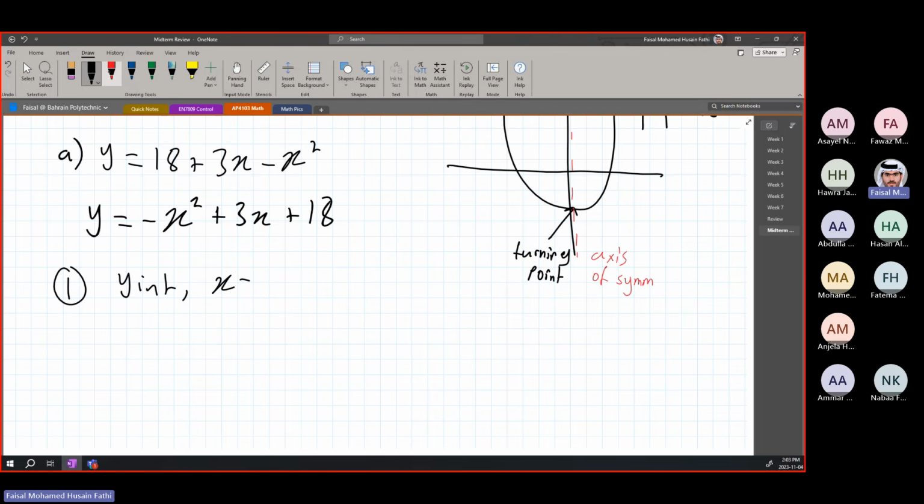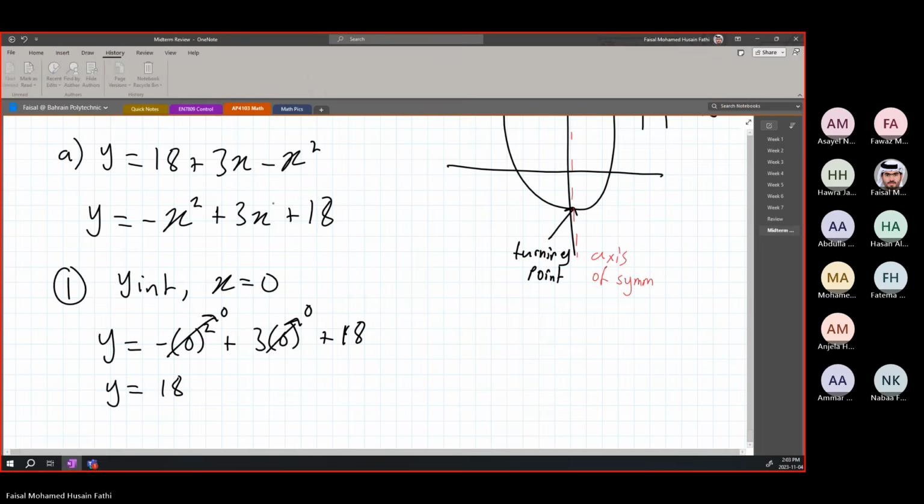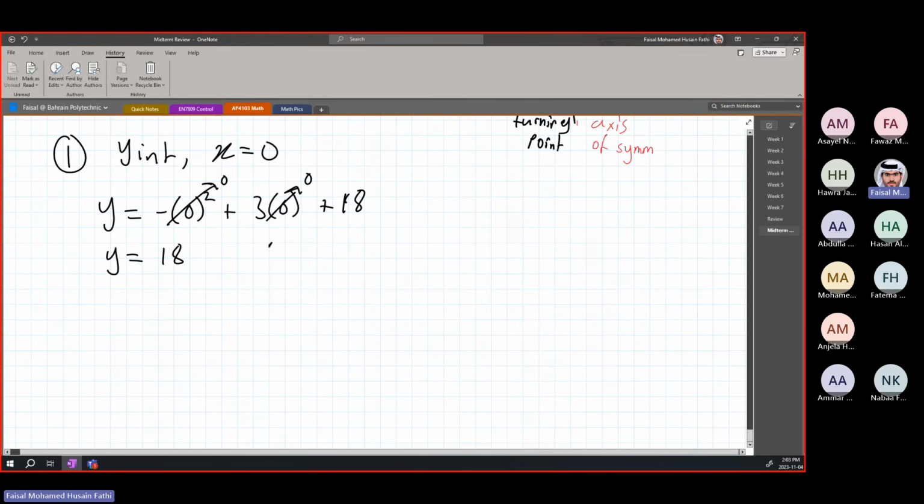Y-intercept, what does that mean? X equals 0. So we substitute x equals 0 and we have minus 0 squared plus 3 times 0 plus 18. This is 0, this is 0. Y is equal to 18. Okay, done. Our first point is (0, 18). Second thing,